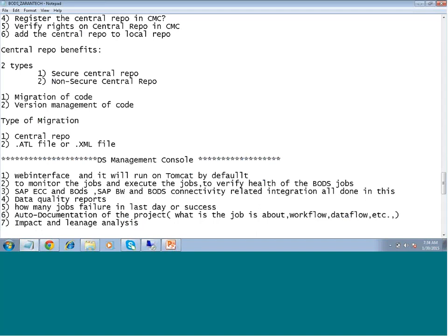And remember that the DS Management Console activity doesn't come under development. The developer will have access only to the Developer console, so that he can execute and see. That's it. Other than that, normally the developer won't be able to work on this particular DS Management Console. That is one thing. And the second thing is,